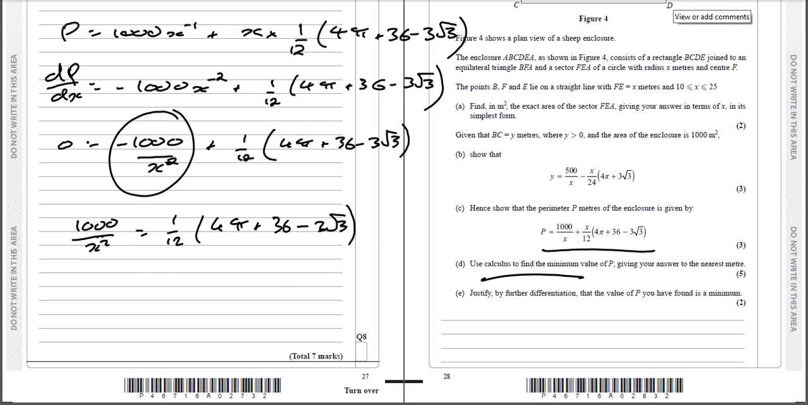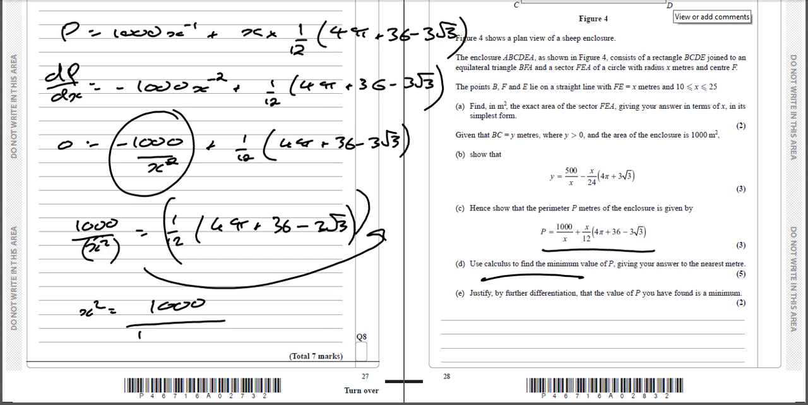What we then do is bring this x squared up to this side and bring this whole thing down underneath. So we've got x squared equals 1000 over 1/12 of 4 pi plus 36 minus 3 root 3. And then we're going to square root it, and then write that to the nearest value, and have that as our value of x. So if we do that, we end up getting x equals, I'm going to pause the video so I can do that on my calculator,